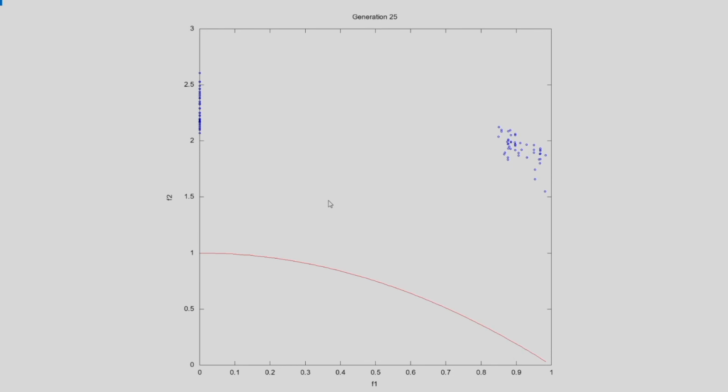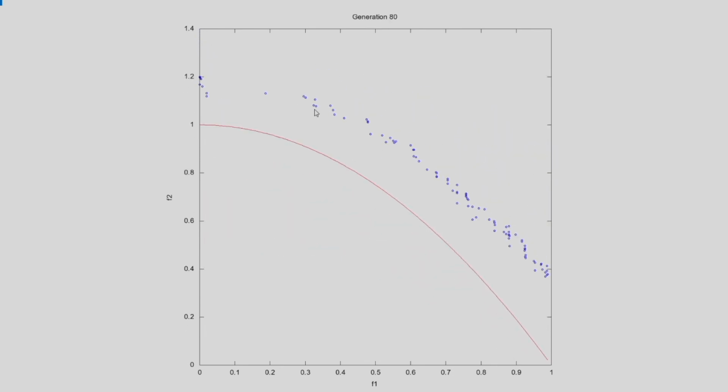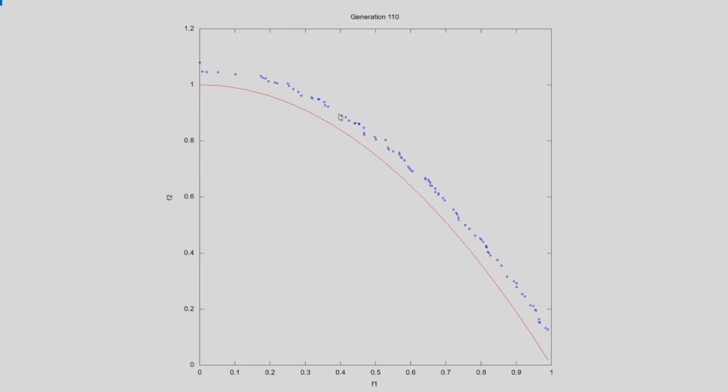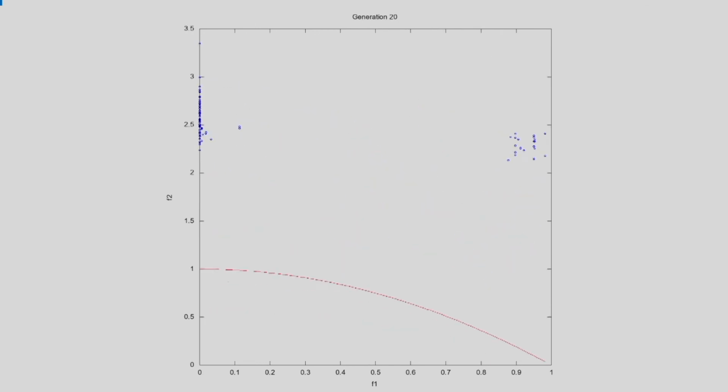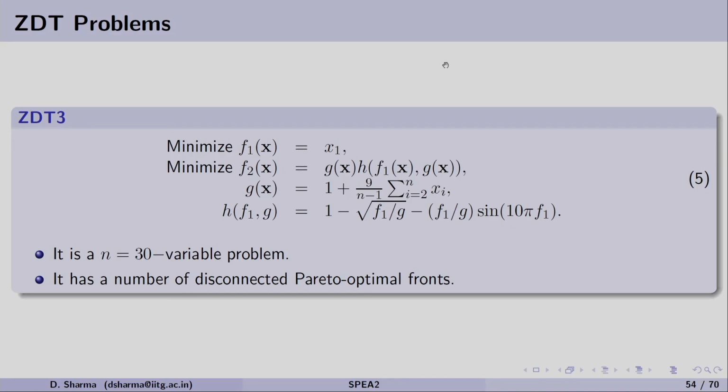Here we can see the solutions are at the two corners, but when the solutions are moving towards the front, they are nicely distributed, and slowly they are moving towards the Pareto optimal front, which is shown in the red line.